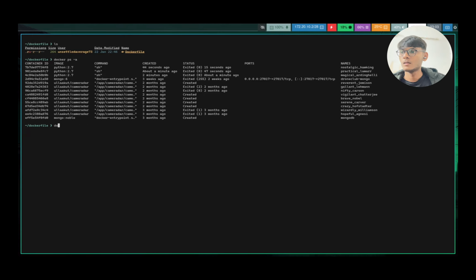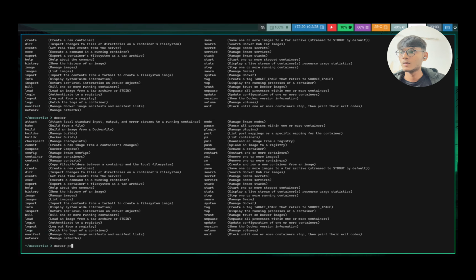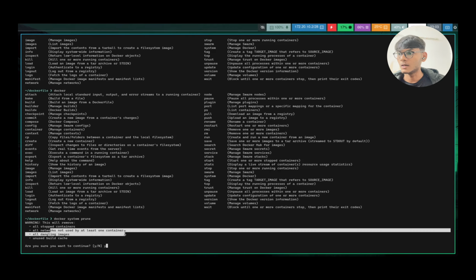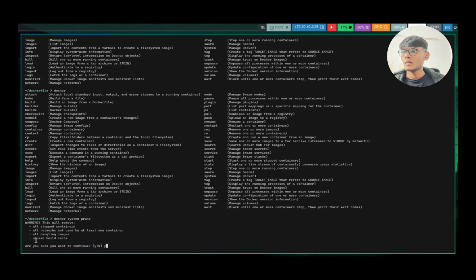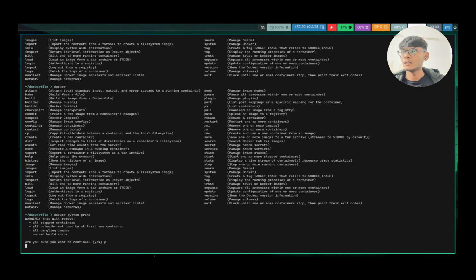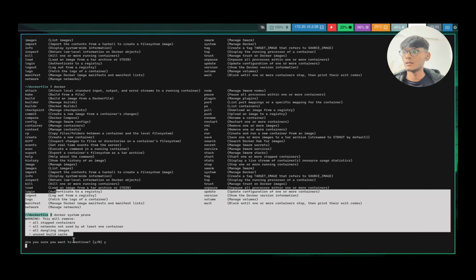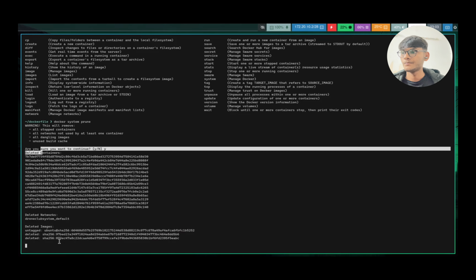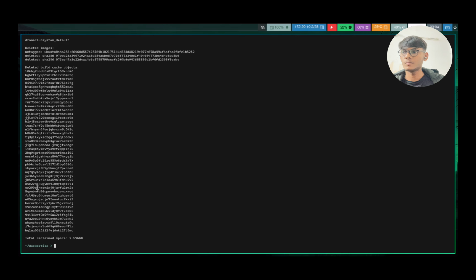Docker system prune will remove all stopped containers, all networks not used by at least one container, all dangling images, and unused build cache. It starts to prune, deleting images, containers, and networks. Okay, total reclaimed space 2.3.